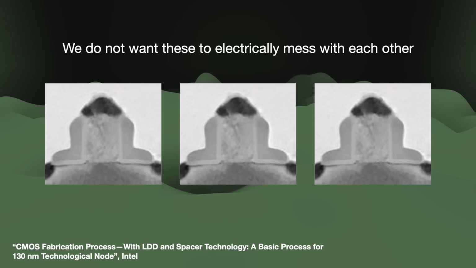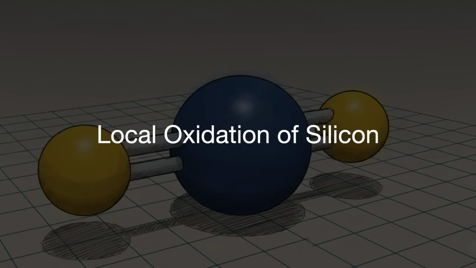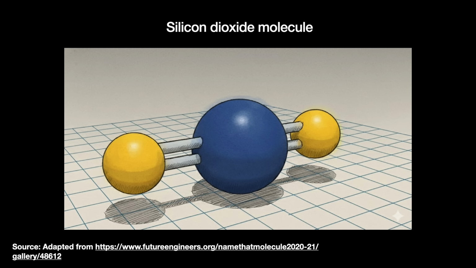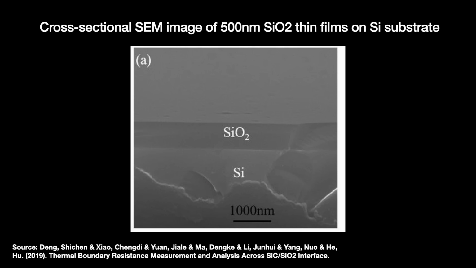In the beginning, fabs used an older method to do this called local oxidation of silicon, or LOCOS. One of silicon's powerful advantages is its oxide, silicon dioxide. This process node will use it all over. It is a great insulator and grows on top of bare silicon with just heat and water, kind of like rust on iron. But it will not grow on areas with silicon nitride, so